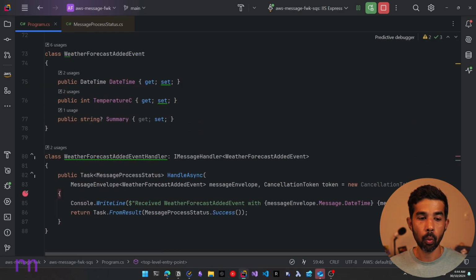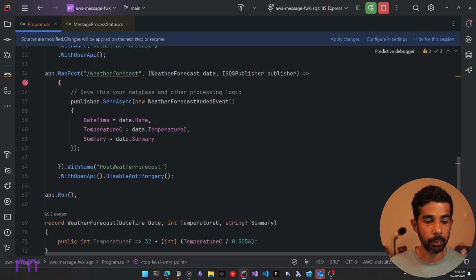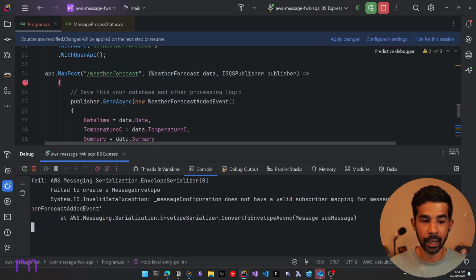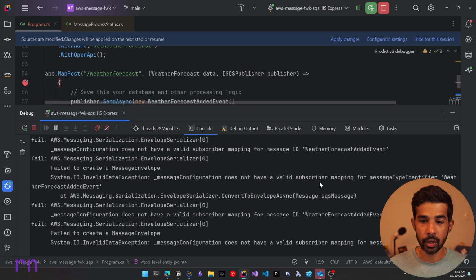our poller. And once our poller starts polling and looks for the message and it's successfully received, it will invoke our handler. Now, since our handler hasn't been invoked, looks like there is some issue in our setup. So if we look at the console, you can see some exceptions inside here. So in this, it says it does not have a valid subscriber mapping for message type identifier weather forecast added